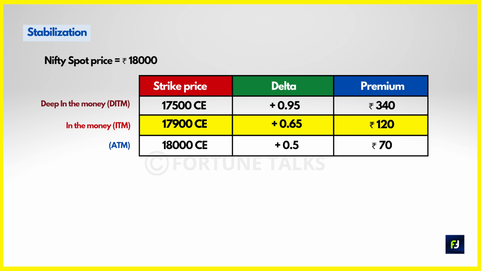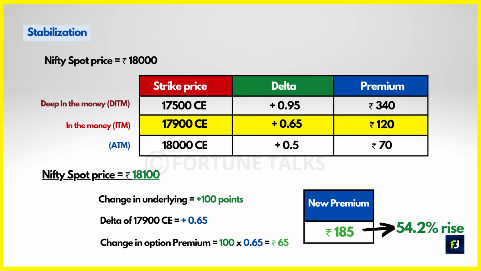Consider Nifty spot price to be 18,000 and consider two call option strikes, namely 17,900 and 17,500. 17,900 is a slightly in the money option having a delta of 0.65 and a premium of 120 rupees, while 17,500 call option has a delta of 0.95 or assume it to be 1 and it has a premium of 340 rupees. Now if the underlying changes by 100 points, that is Nifty moves to 18,100, then how do you think the two options will behave? To figure that out,